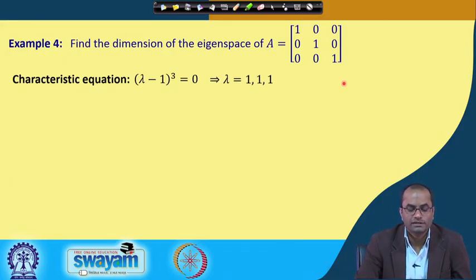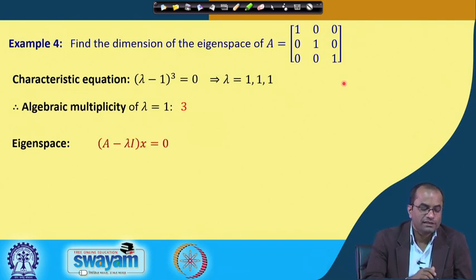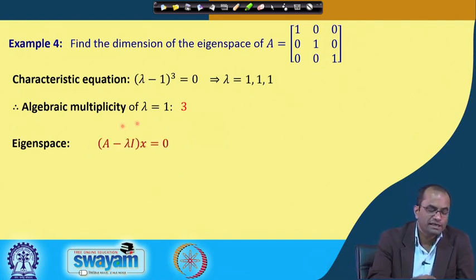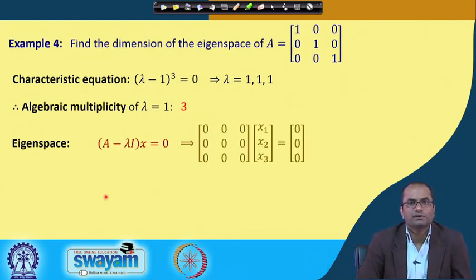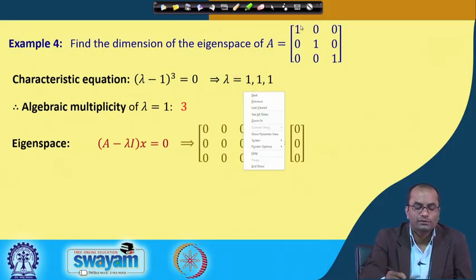So, again we have these 1 1 1, and the algebraic multiplicity of this eigenvalue is just 3 now. So, algebraic multiplicity is 3, and if we compute the geometric multiplicity now, that is interesting. The eigenspace will be computed by A minus lambda I times x equal to 0, and therefore, when we subtract this eigenvalue 1 from the diagonal entries